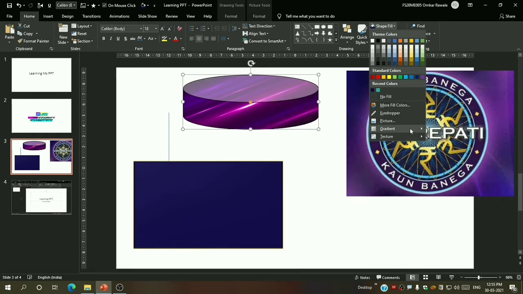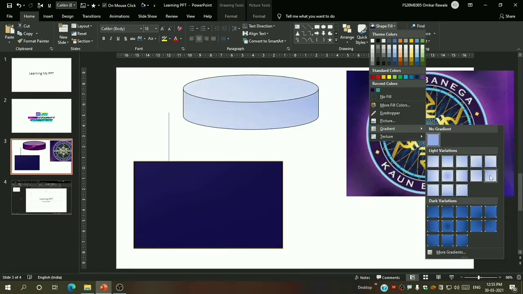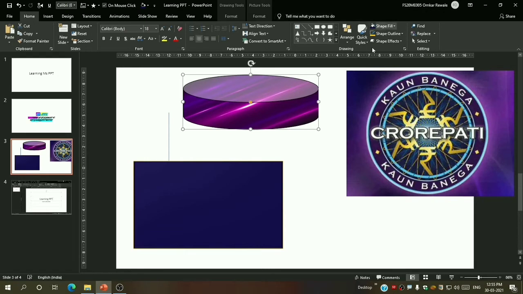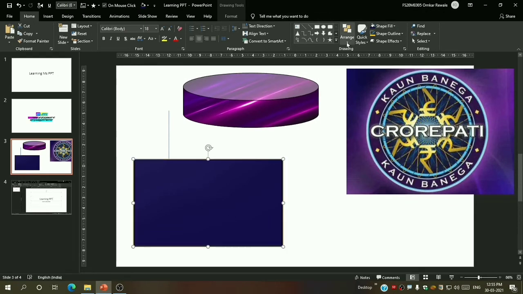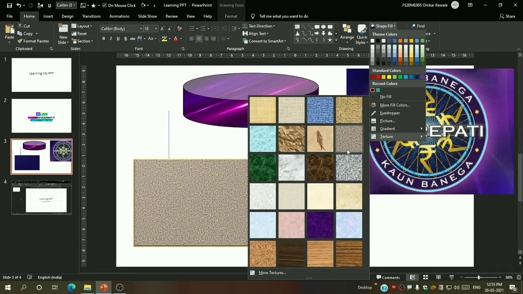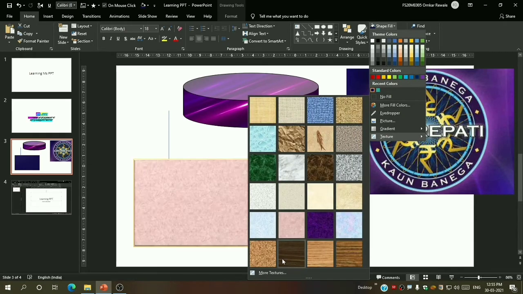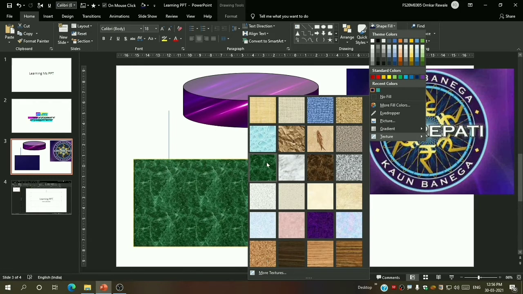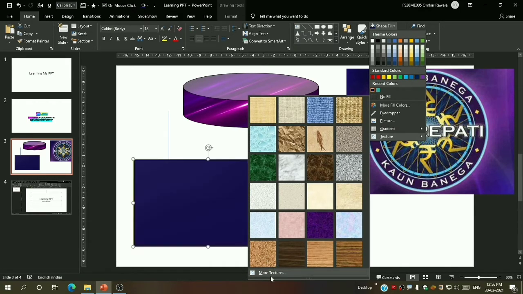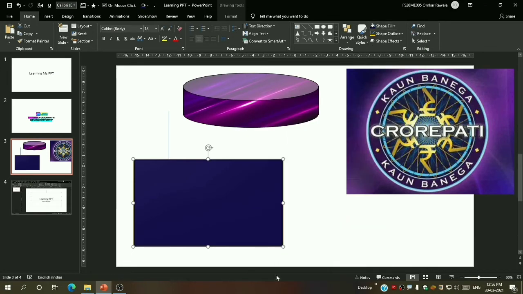Now you can make it as you want, and you can see the picture is filled in this shape. Then gradients. Well, everyone knows what gradients are. You can select any gradient from here. Then again, about texture. Now I will select the shape and go in textures. Now Microsoft PowerPoint gives you many textures here, or if you want some online, then you can select more textures.